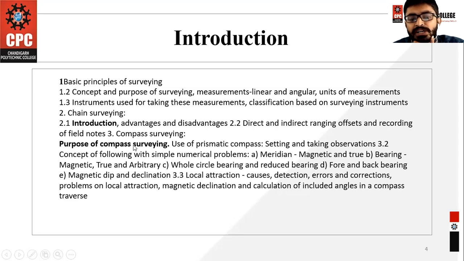So what are the instruments required in the compass survey? You must have seen when army people, soldiers go into the hilly areas, they usually have a tripod stand, or usually they have no tripod stand. They usually have the compass in their hand, so that they can follow the directions of the mountains or the hilly area or the location, like north direction, south direction. So that is what we need to know about the compass survey. So that is all about the compass survey.